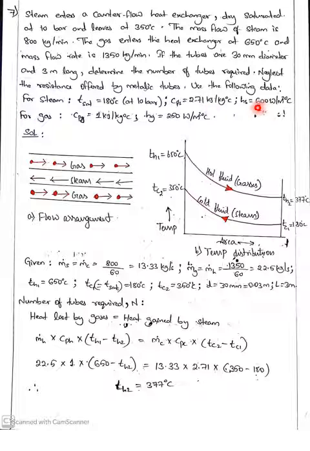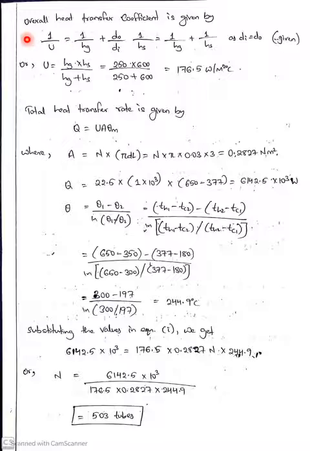He has given certain data with respect to steam and gas. Let's see how to use these values to solve this problem. Initially he has given that the flow is counterflow. Just draw the figure for counterflow and indicate the temperatures on both sides. Mass flow rates, temperature distributions, diameters and length are given. Let's see how to find N, the number of tubes required. To balance the energy equation, heat lost by the gas will be almost equal to the heat gained by the steam. So m Cp delta T for the gas will be equal to that of the steam. From this equation we can find the hot gas temperature at outlet. Next, this is the equation.